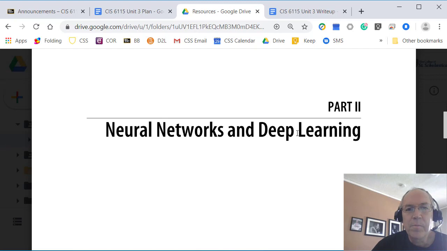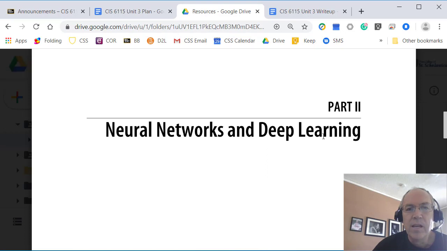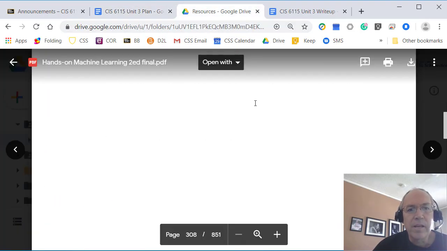And when most people talk about machine learning these days, this is what they're talking about, neural networks and deep learning. Deep learning is simply the application of some learning techniques to large neural networks. And so deep learning is synonymous with large neural networks. So that's again, and we're going to start with Chapter 10 here